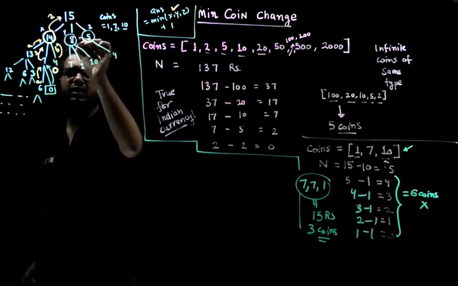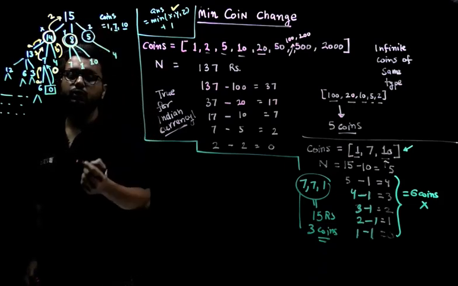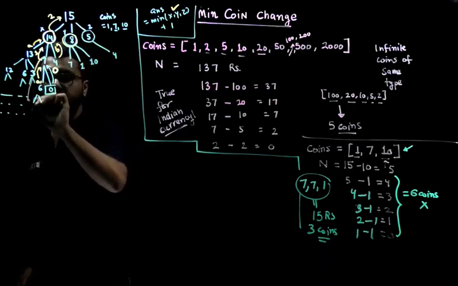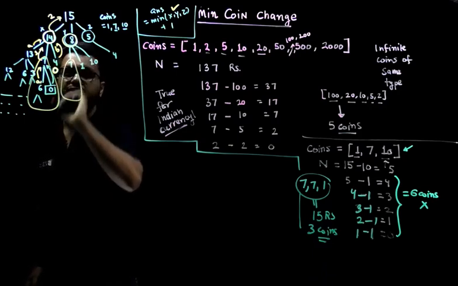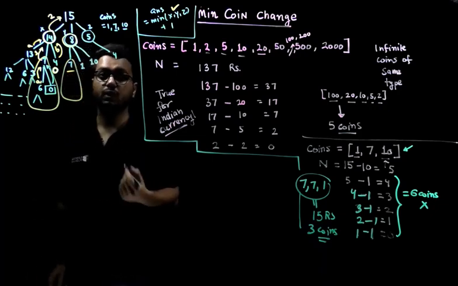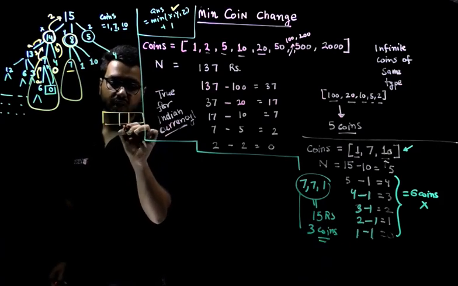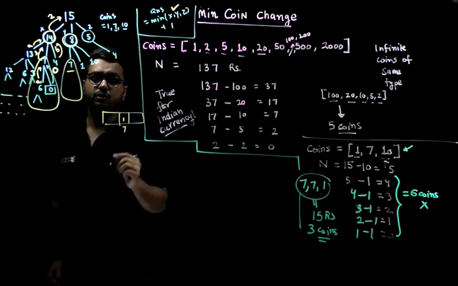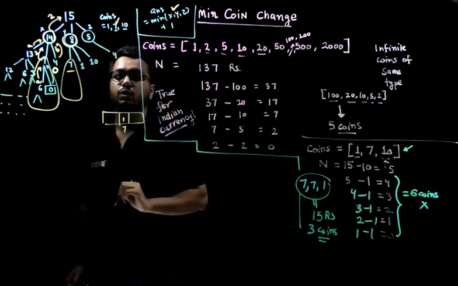And similarly from this you will get one of the answers, and now you can see that this is also going to reduce to a similar state, and we have computed the answer for 7, which is 1. Similarly we will compute the answer for 7 here, but we will not make a call. Since we are doing a top-down DP, we would have an array where the answer of 7 is already stored as 1, because you need one coin to make a change of 7, and that coin is the 7 rupee coin.